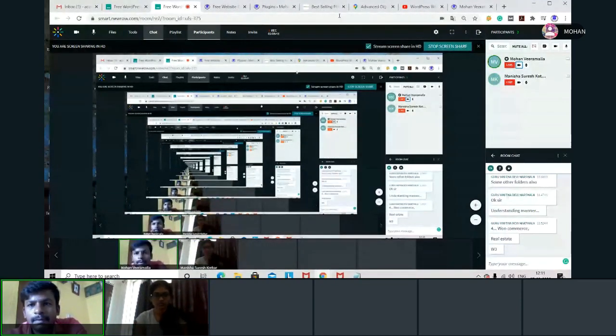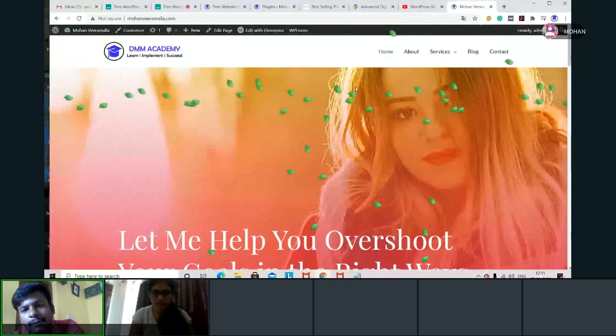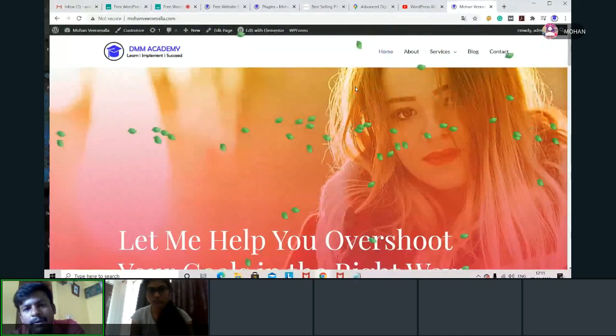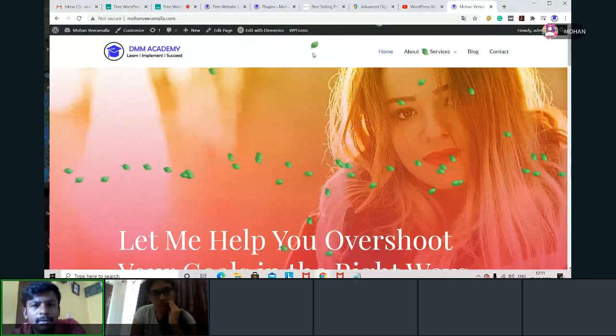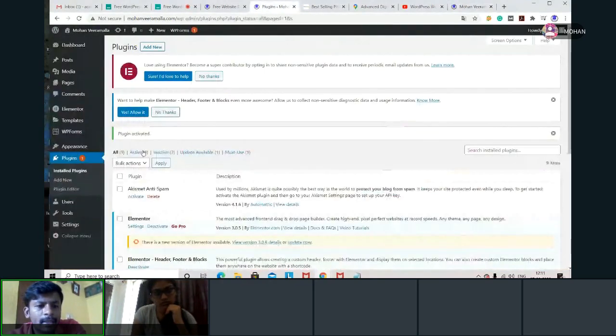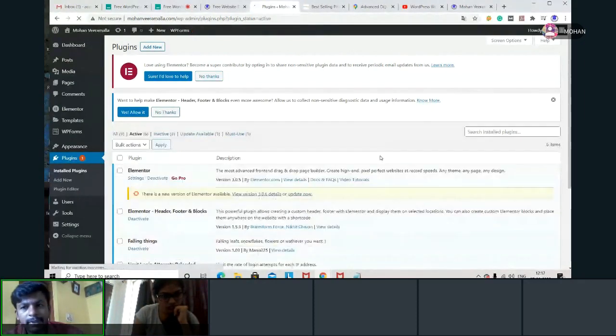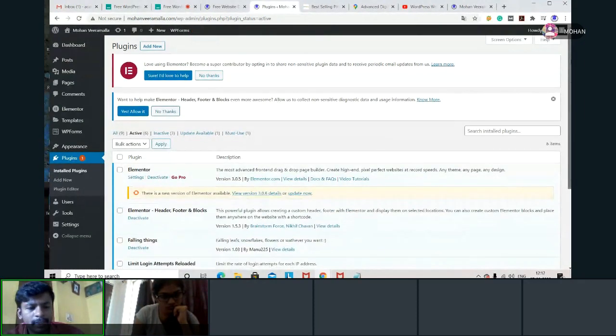So what I will do, I'll go to this website. Now I installed this plugin, but I don't want this plugin now. Now what I can do, I can go to plugins. Here I have active 6. I'm in plugins. Here it is telling active 6. Now I'll simply go here and I can deactivate that plugin. Whichever plugin you don't want, you can deactivate.